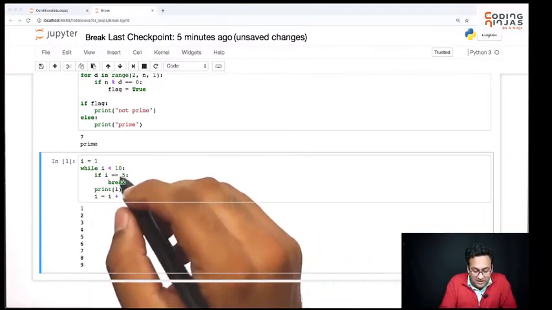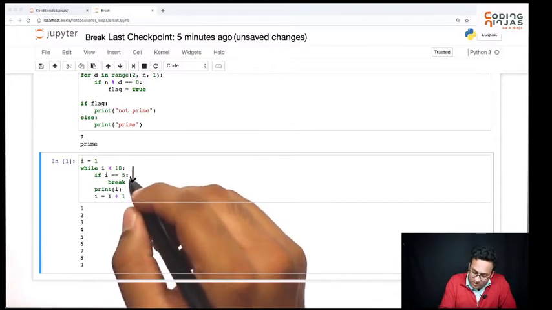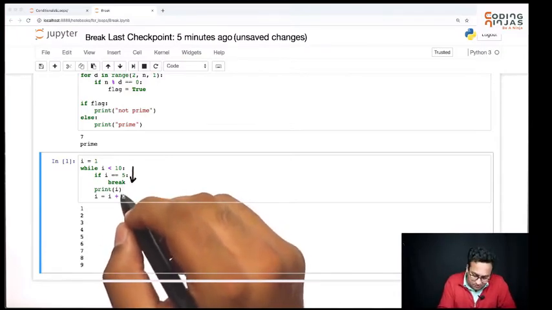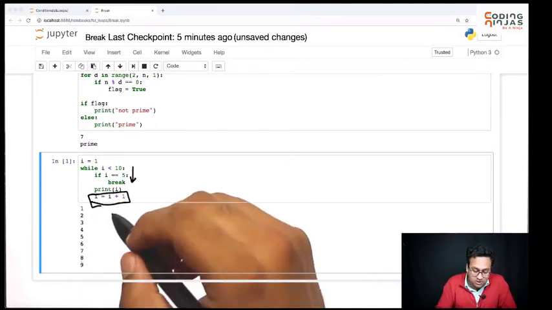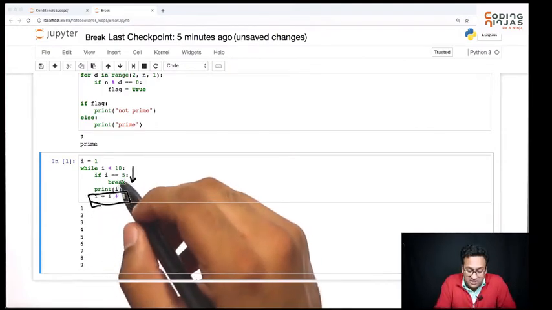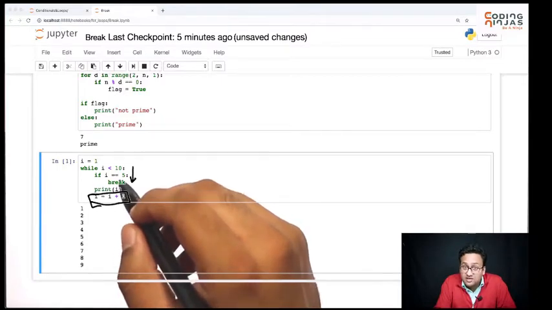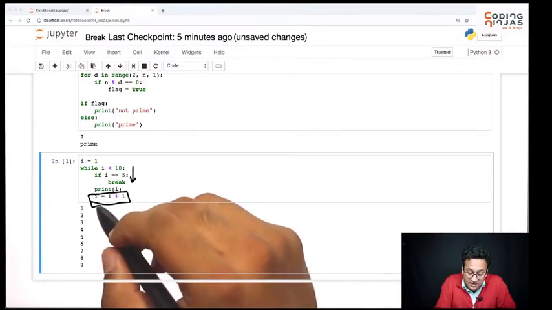That basically means the while loop is saying, hey, go inside for 1. It'll go inside. Is it 5? It's not 5. You'll come here, you'll print 1. And you'll make i to be 2. You'll go back again. 2 is less than 10. 2 is not 5. It'll print 2. 3. Yes, it'll print 4. It'll print 5. Now it becomes 5.